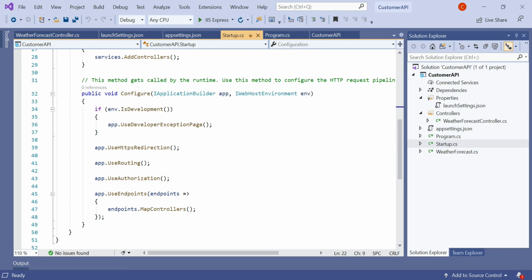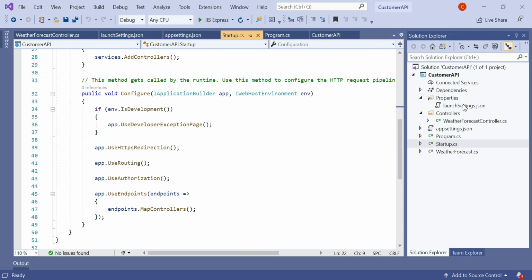Another is app.UseRouting, so let's understand what routing is. Routing is the process through which the application matches an incoming URL path and executes the corresponding action methods. ASP.NET Core Web API uses a routing middleware to match the URL of an incoming request and map it to a specific action method. App.UseAuthorization validates the incoming requests. And app.UseEndpoints is the conventional-based routing, and here it is used as a default routing.